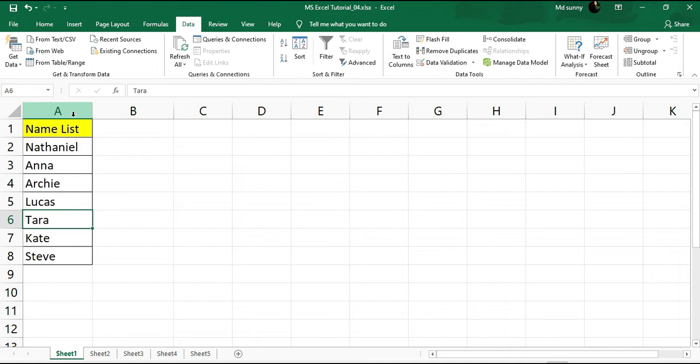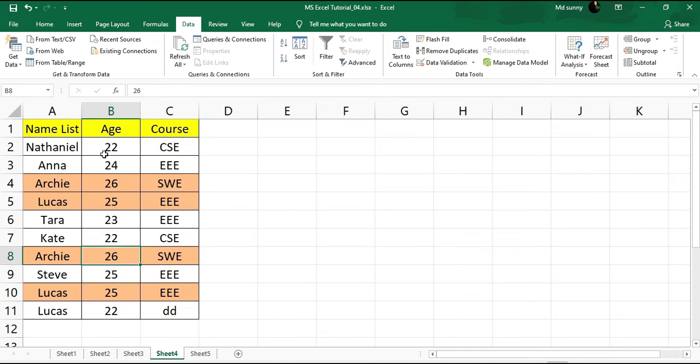If you just want to get rid of duplicate values, you can apply this method. You can also apply this over multiple columns. Let me show you. Here in sheet 4 you can see that we have a table of name list, age and course, and we can see that this whole row has been duplicated here, and you can just get rid of this duplicate value by applying the same method that I have shown previously. So select the data,